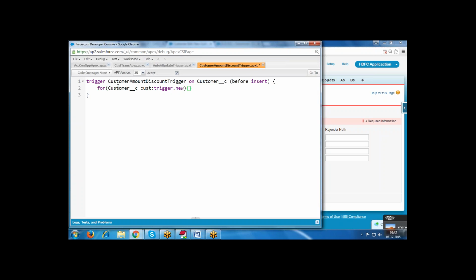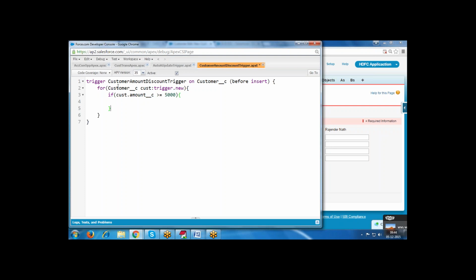Now the if condition. In the if condition, customer amount__c is greater than or equal to 5,000. Then we execute some code.